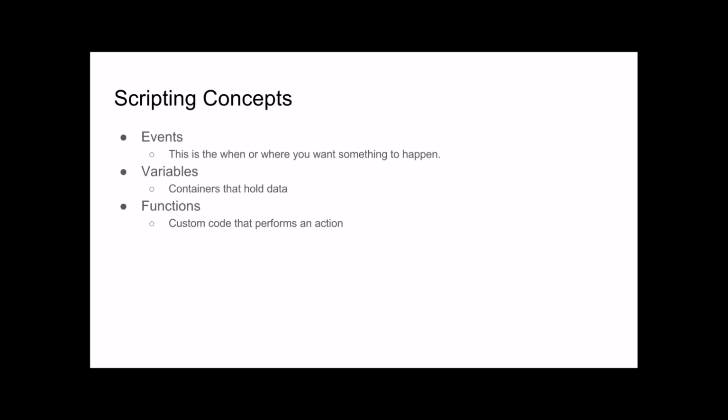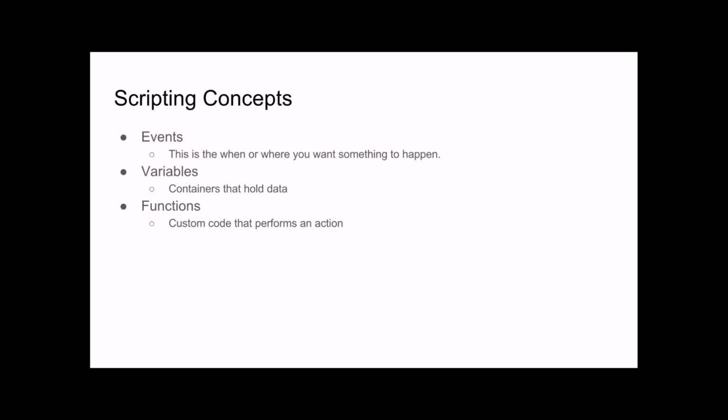Unity calls these things, and basically the question we ask when we say what event do we want to go into is when or where we want something to happen. When do you want this to happen? Do you want it to happen right when the thing becomes alive? Do you want it to happen all the time? Do you want it to happen specifically when it collides with something?